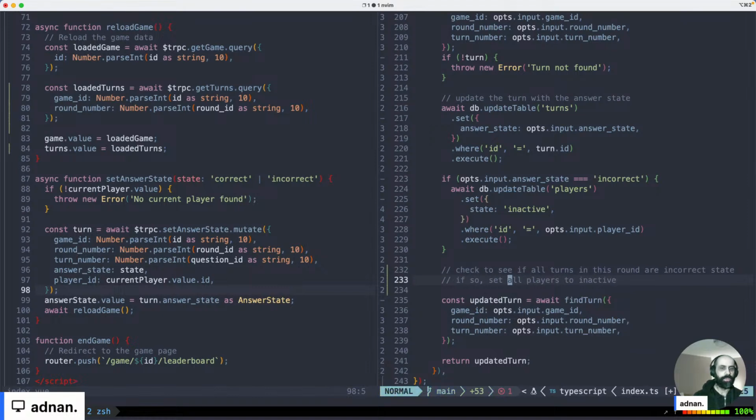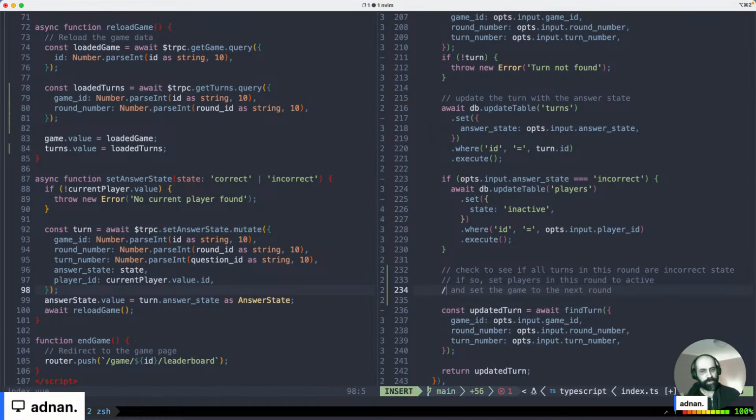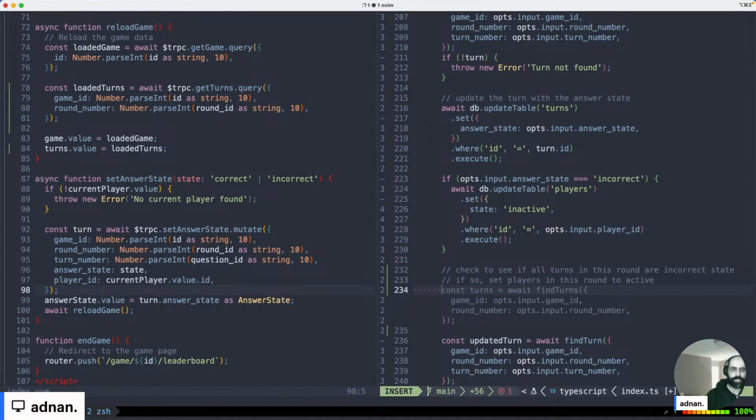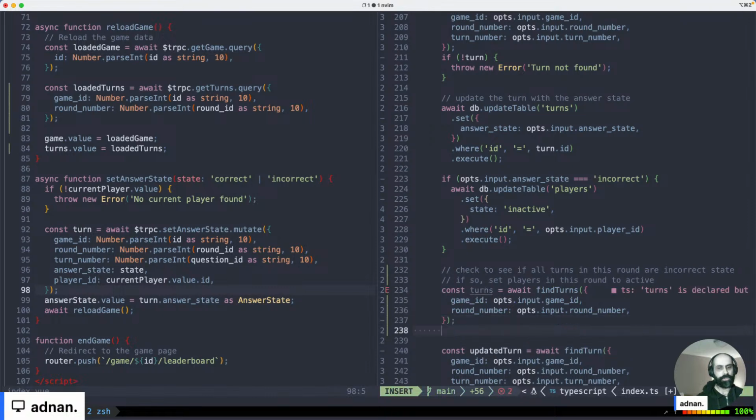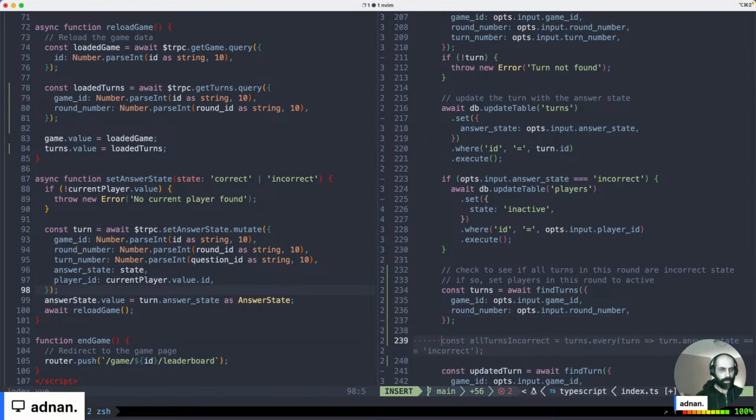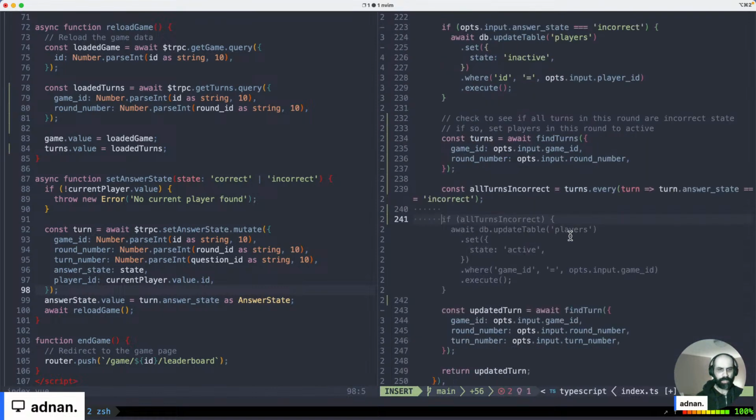If so, set players in this round to active, actually. And I'll quickly give this a shot to see whether the rest of the game logic just adjusts itself and happens to work. So let's get all the turns in this round. Let's see if every turn is incorrect. And if that's the case, then